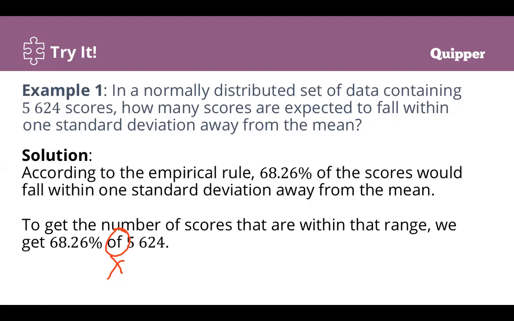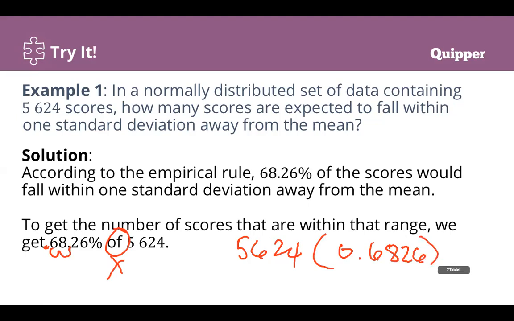We will find first, or transform, 68.26% into decimal. So paano yung decimal yan? Mag-move lang tayo ng 2 decimal places to the left. So meron tayong 5,624 multiplied by 0.6826 para makuha natin yung 68.26% ng